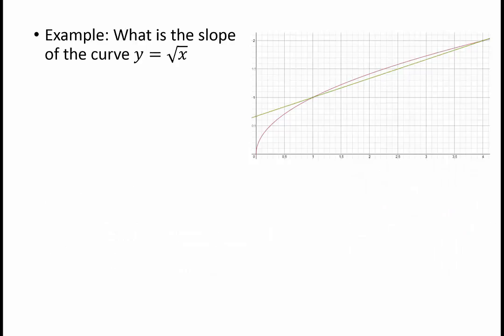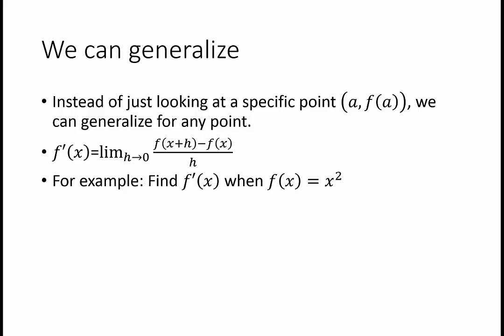So, for example, if I'm dealing with this question, I would like to find the slope of the tangent line at this particular location, and this happens to be the root curve. Now, again, I can think of this as being my f of x value a, and this is the point a, f of a, and then this point here is x comma f of x. All right, and I could say, well, I would like to know what if I define f of x as being y, which is the square root of x,